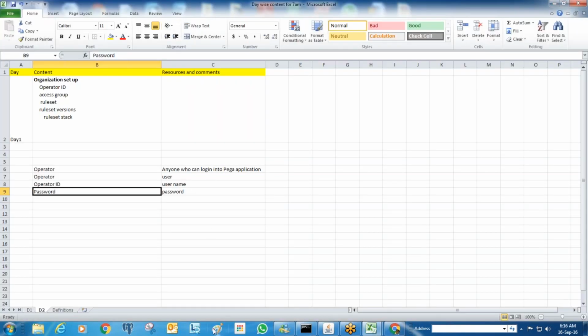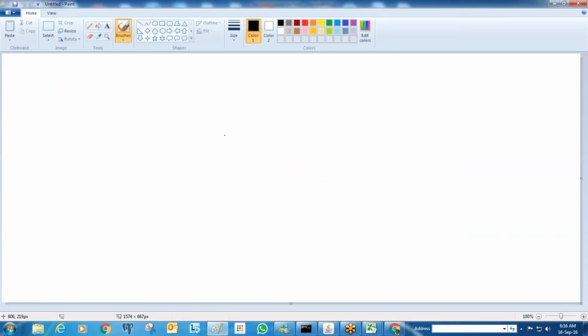You will see a diagram of the relation between the operator and applications.